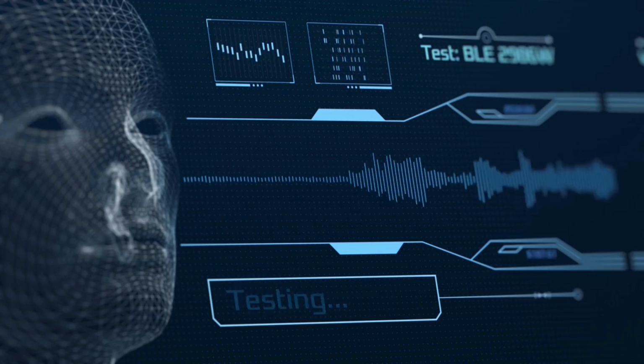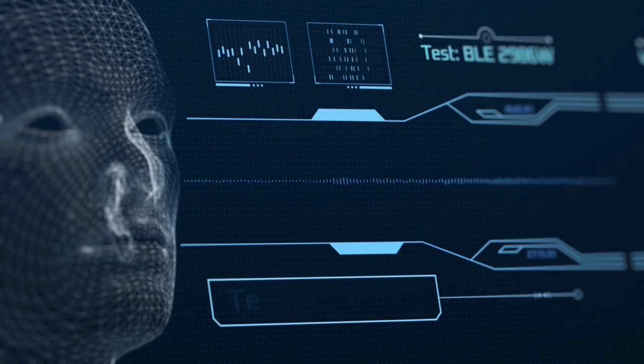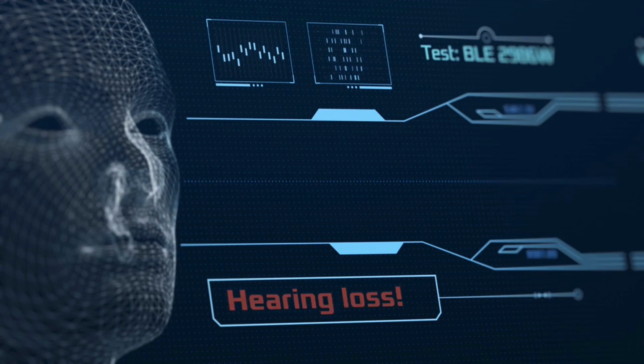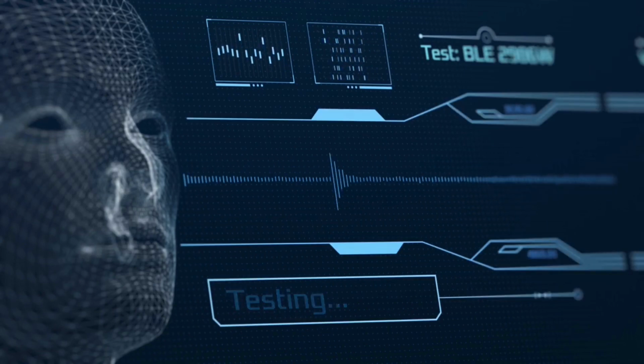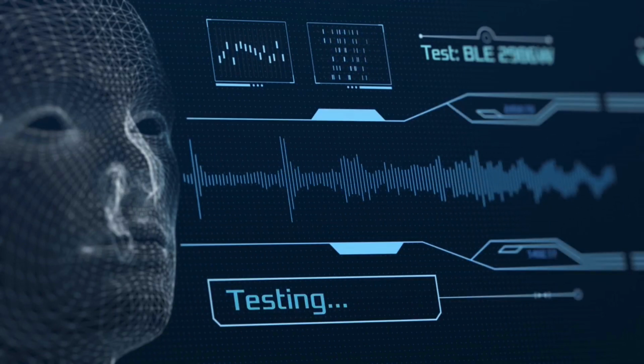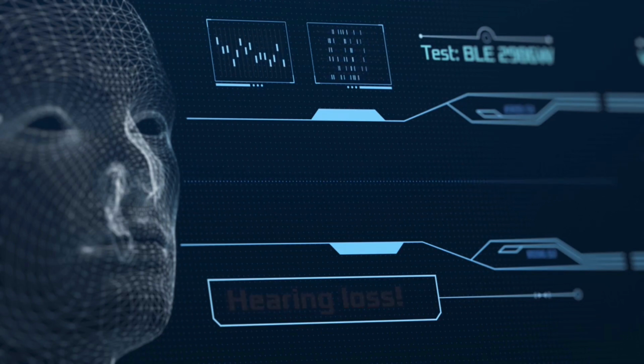So by now you must have learned how to qualify your hearing loss. Always see whether you have a conductive hearing loss or you have a nerve deafness. Nerve deafness, you need a hearing aid. Conductive hearing loss can be repaired by surgery or sometimes with medicines. I hope you got some information about how to read an audiogram.